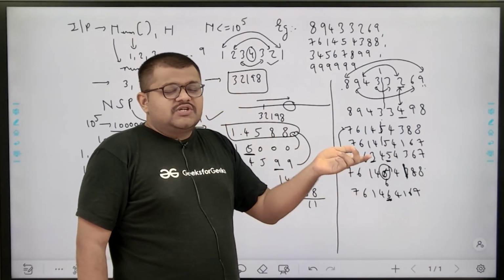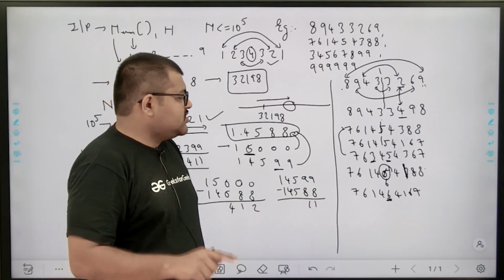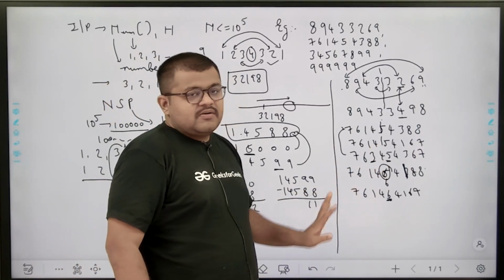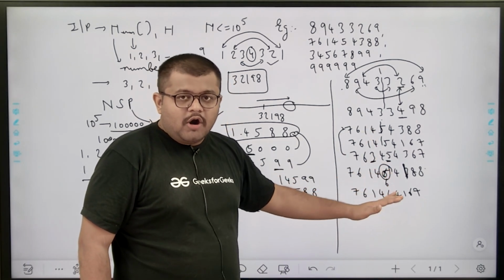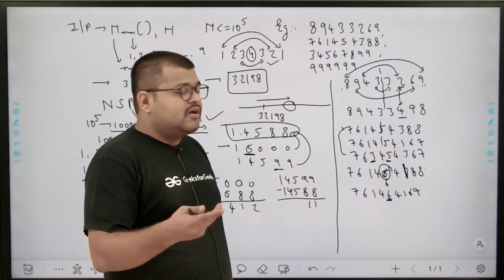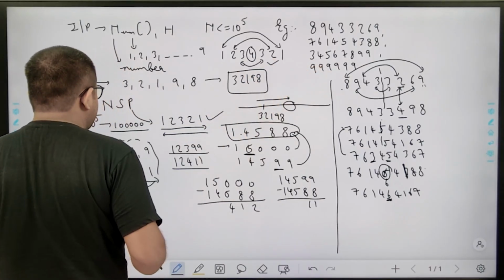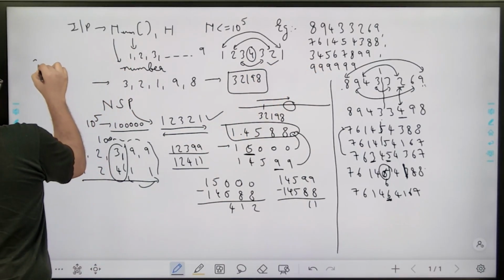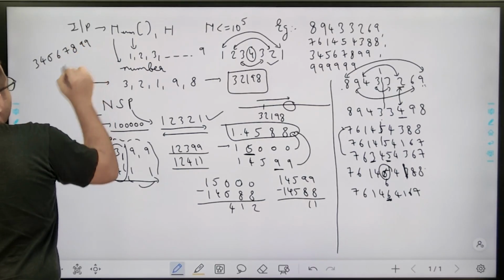So the closest place to the LSB where I should make a change in order to get the next smallest possible number is the centermost element. In this case there were an odd number of elements, there were 9 elements, so we choose the centermost element. In other cases, for example 3 4 5 6 7 8 9 9, okay, so if I write it here 3 4 5 6 7 8 9 9, so break it